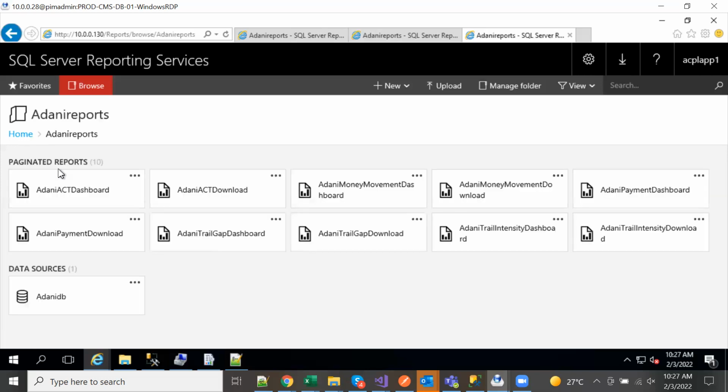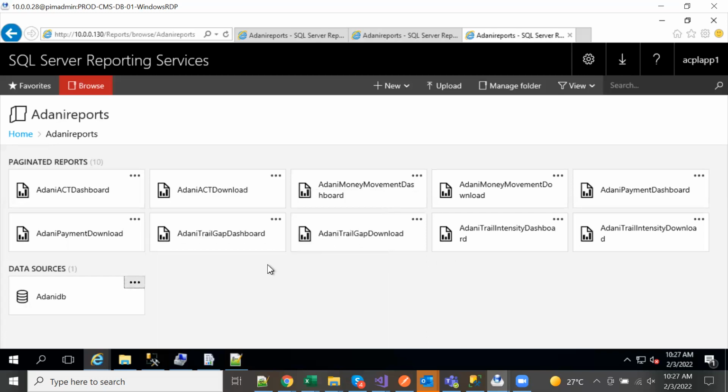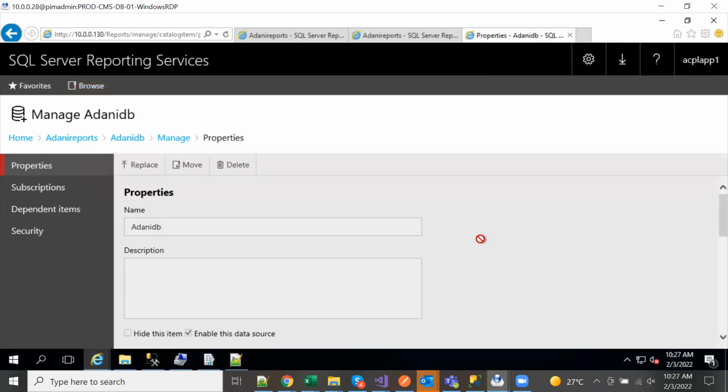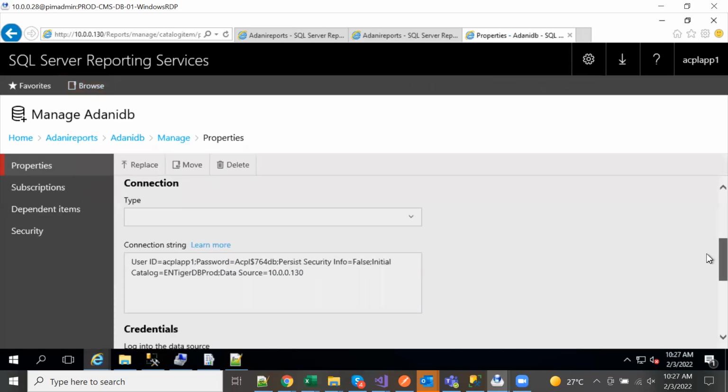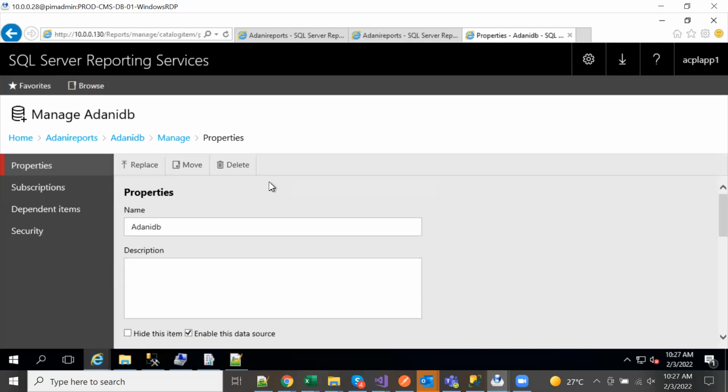Okay, so once in the folders, go inside, and these are the files which are actually placed in. Okay, I forgot to tell about the data source. Okay, I'll just download this, or rather, I'll just open it up. This is nothing but your connection string. So rather than writing this in every single RDL file, a connection string is given, and this is used in each of the RDL files that are there, right? Which is the main reporting, the main report part.